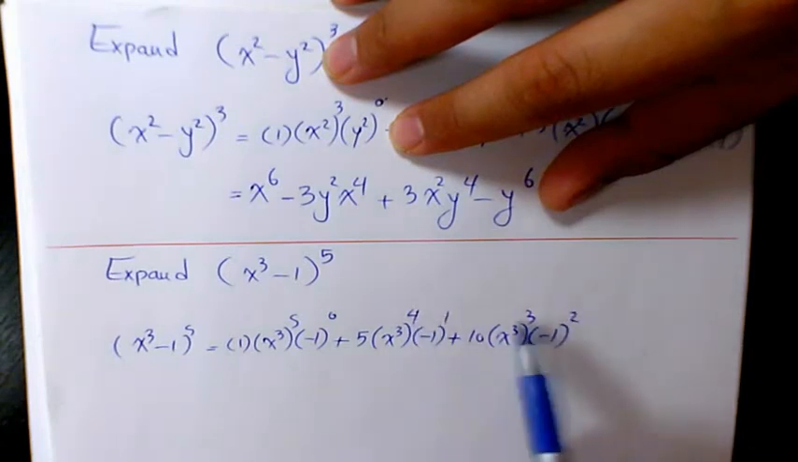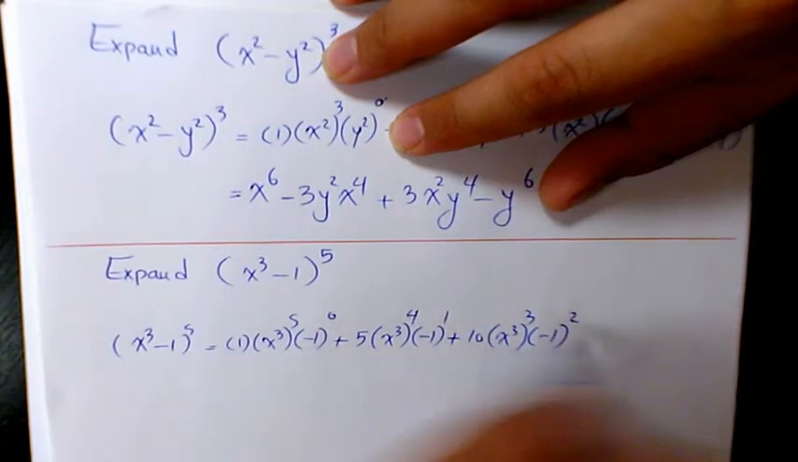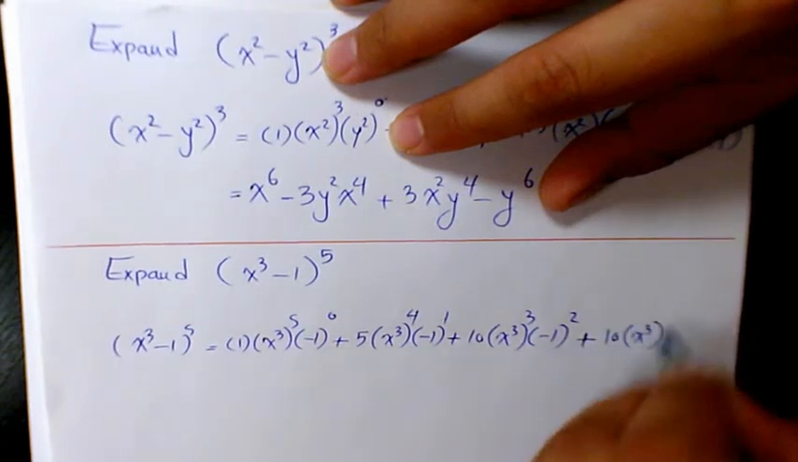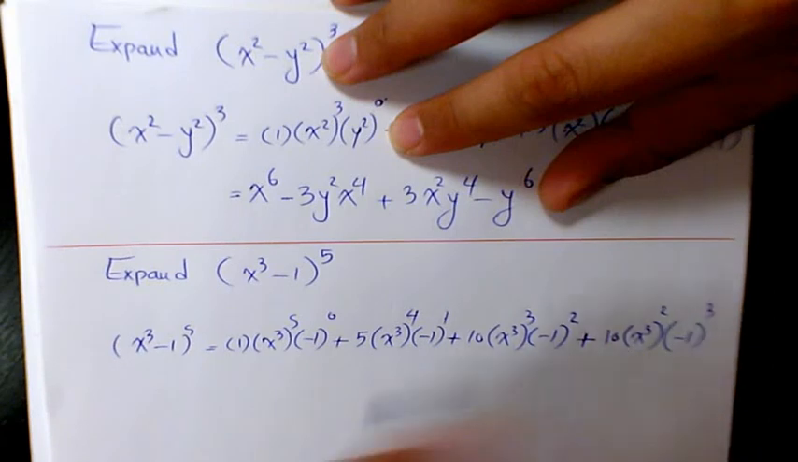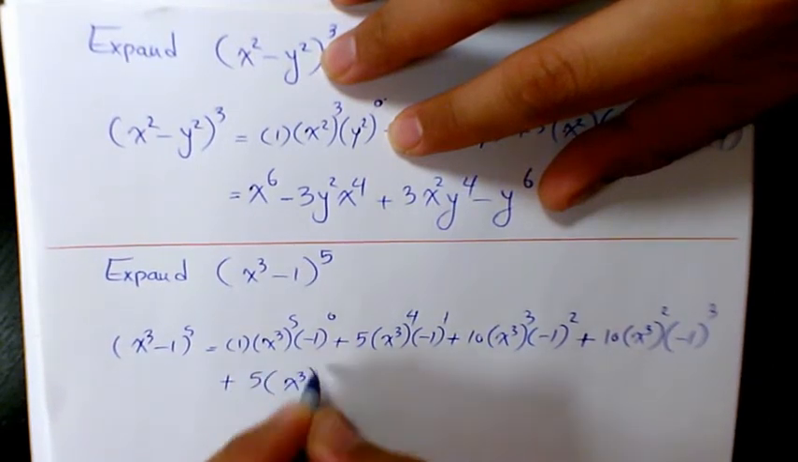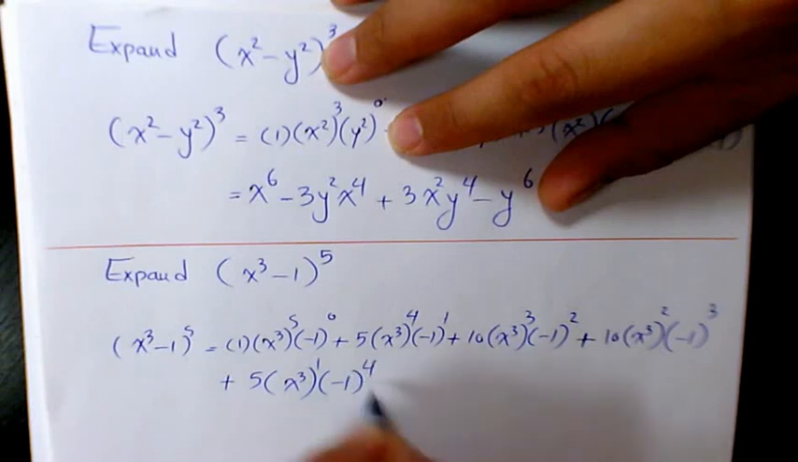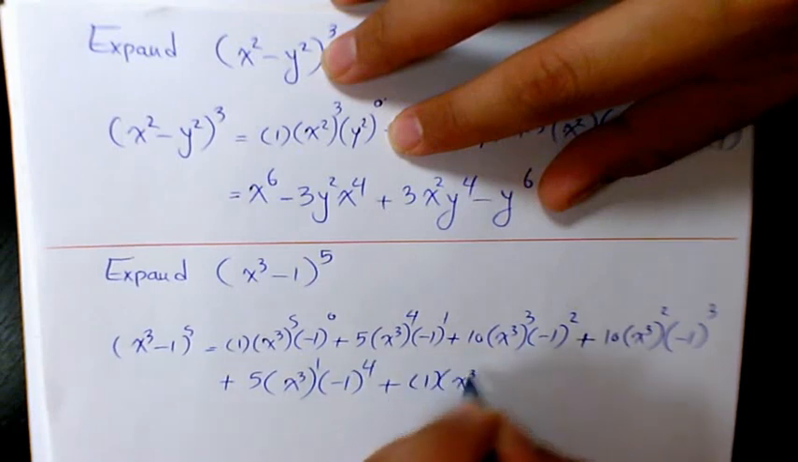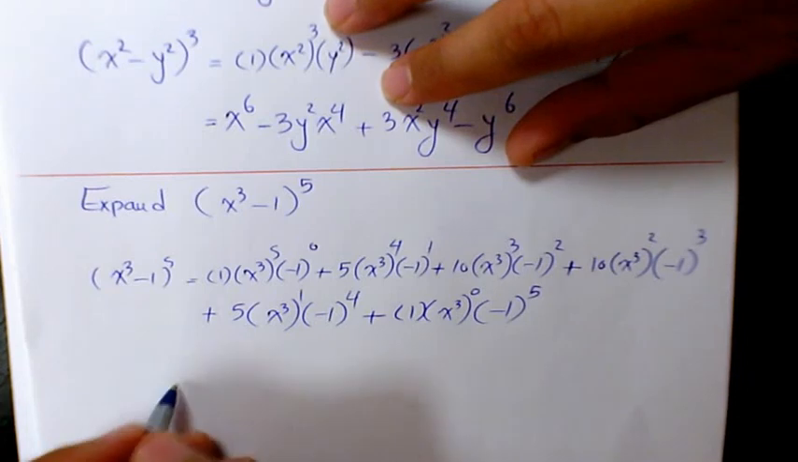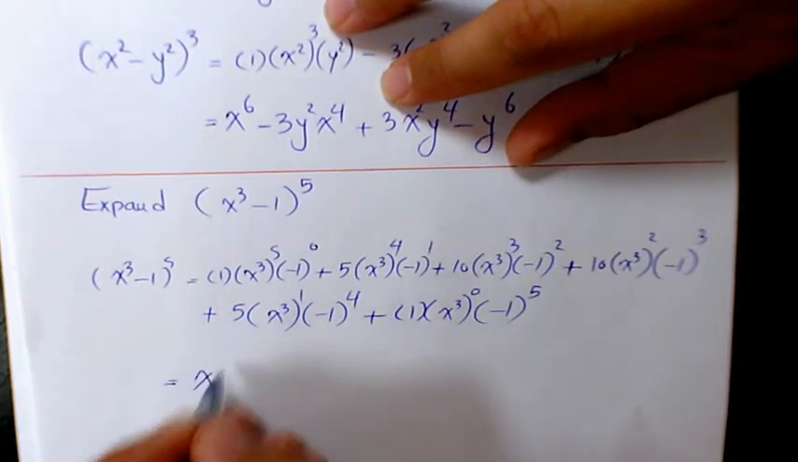Plus 10 x cubed to the power of 2 negative 1 to the power of 3, plus 5 x cubed to the power of 1 negative 1 to the power of 4, plus 1 times x cubed to the power of 0 negative 1 to the power of 5. So when you simplify it, it's going to be x to the power of 15